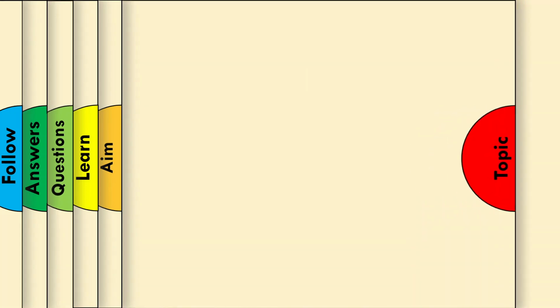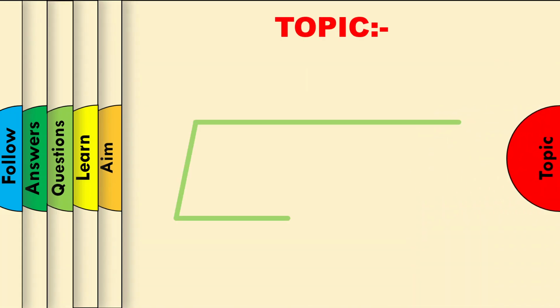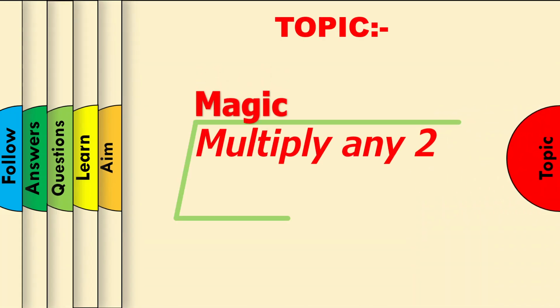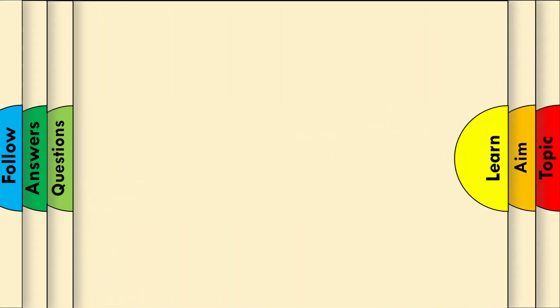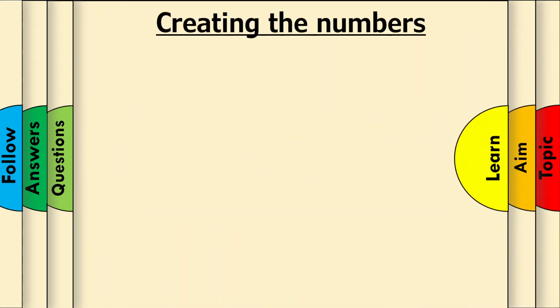Today, you'll be able to perform a magic trick to amaze your family and friends, as you'll be able to look like you can multiply any two numbers of any digits in less than a few seconds. First up, creating the magic numbers. This is an important part of the trick, and very simple too.